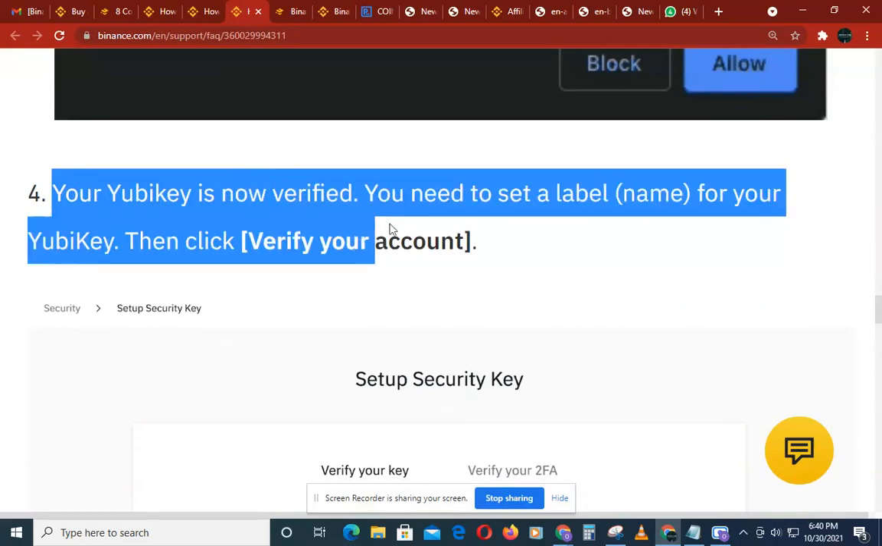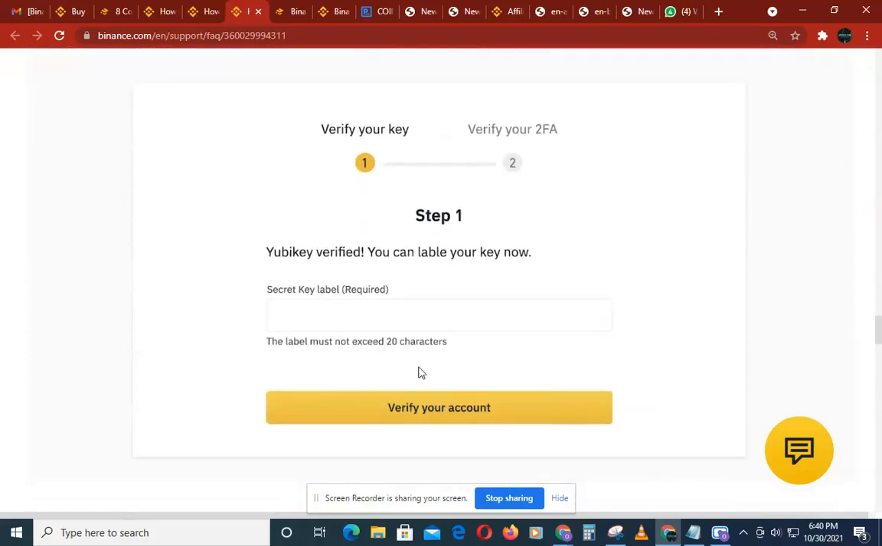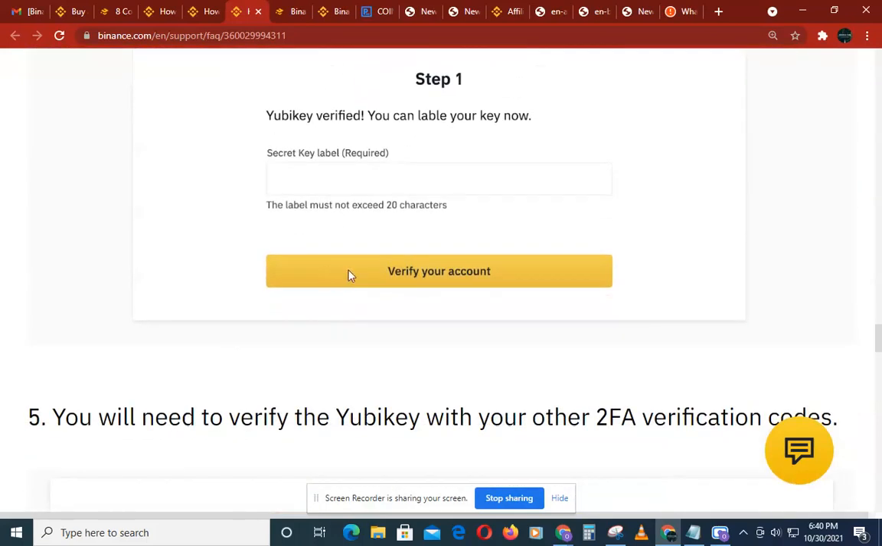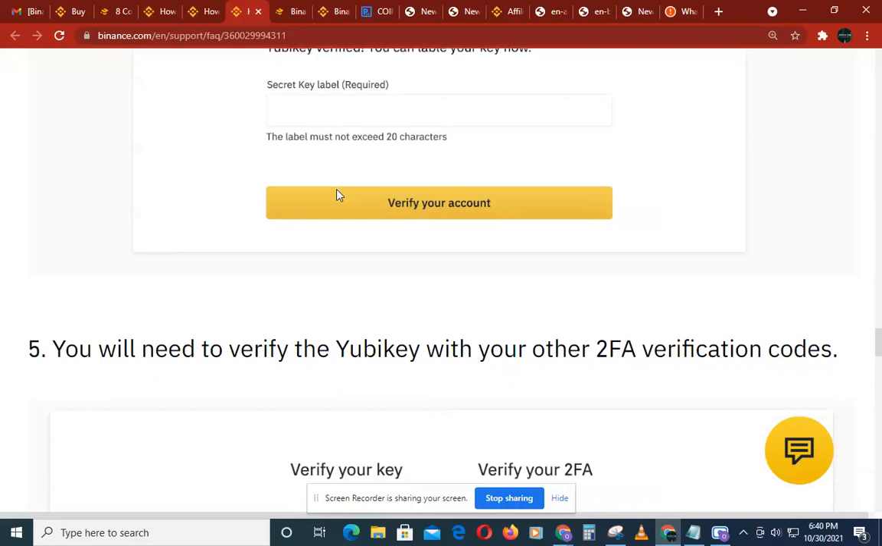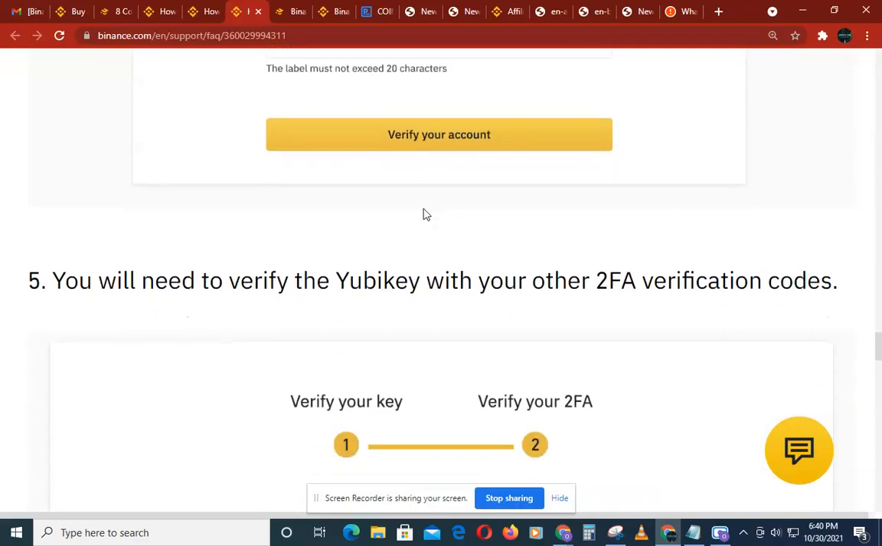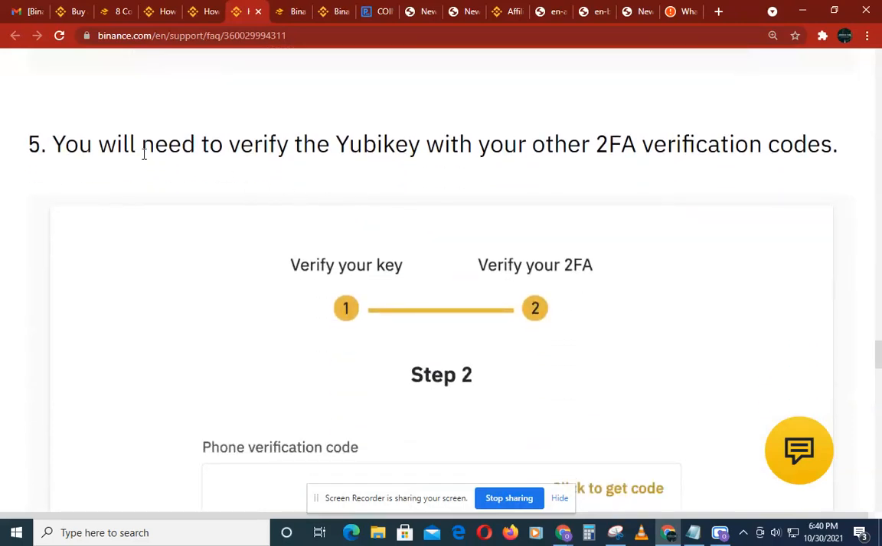So if your UBC is not verified, you need to set a leader name for your UBC. You can utilize whichever name. If you're a vegetarian, you can save them with food, or if you're an animal lover, you can save them with your first name. So you will need to verify